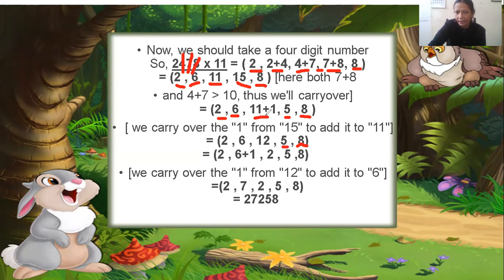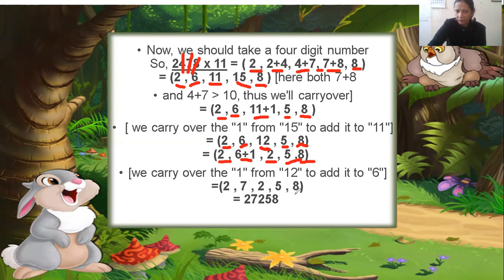Now you first see 11 plus 1. You solve it out. 11 plus 1 is 12. You write down 12 here, and single digits. 6 is a single digit number. 2 is a single digit number. We have written as it is. Now in the next step, you write down again 8 as it is, comma 5 as it is. From 12, you can see 2 is at the unit place. So at the unit place, you will write down here 2, but 1 is left. So you will carry forward this 1 and add with this 6. Next number, you will add the 1 with the next number. So put a comma, then again write down 2 as it is.